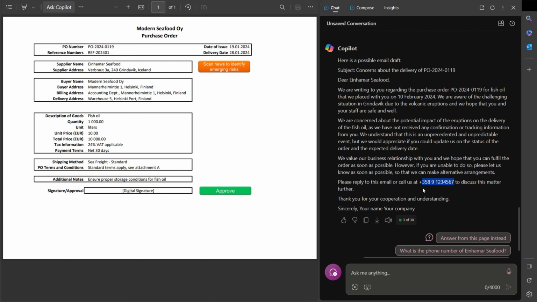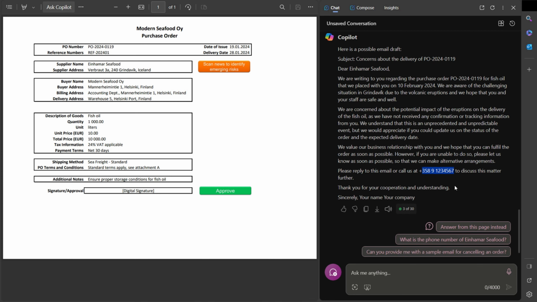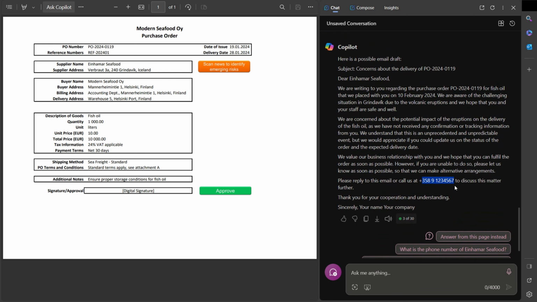So our phone number. So this is something that we would definitely need to revise. But in terms of the end-to-end process from, let's say, thinking about, is there any emerging risk related to the supplier, to the action that we can take to send an email, if we compare the workflow that would need to be,